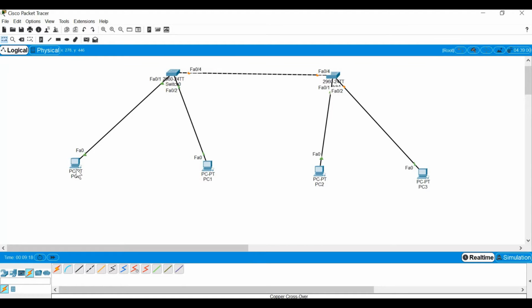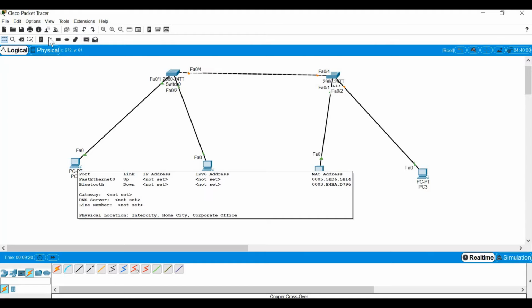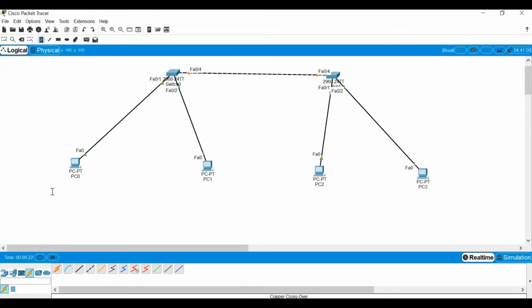Now I'm going to give this PC, I'll just write it here as a note, the IP address 10.0.0.1. Similarly, this PC will get the IP address 10.0.0.2.